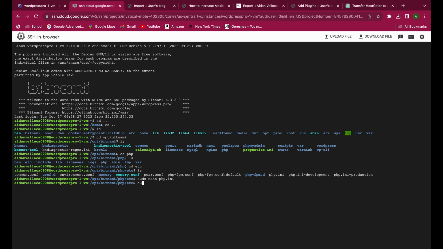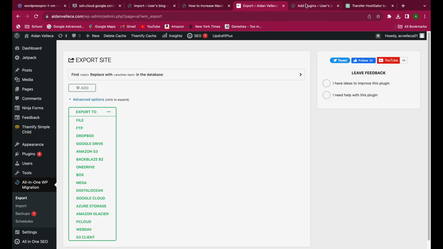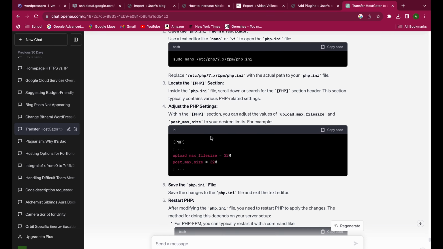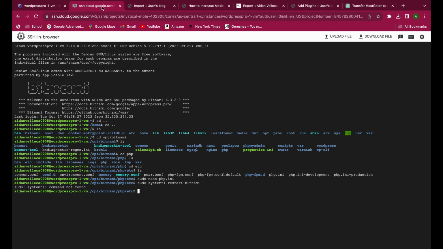First, you're going to want to make sure you restart the service. Sudo systemctl restart,